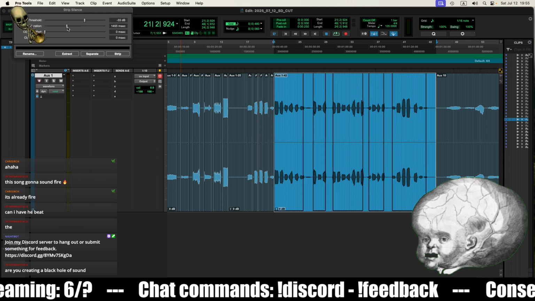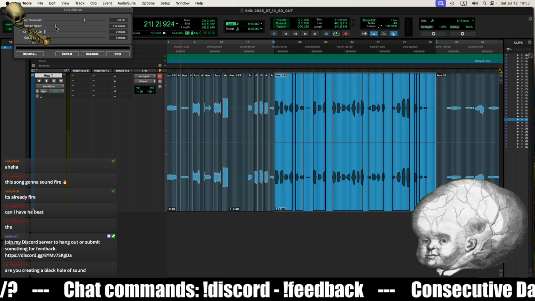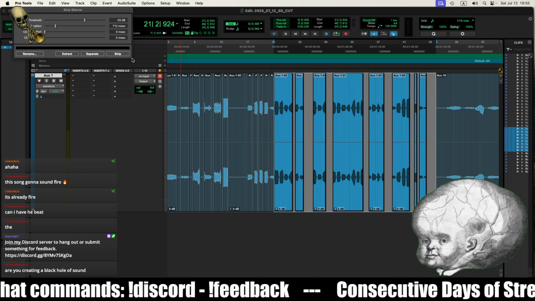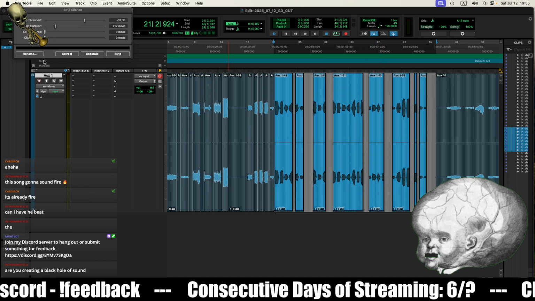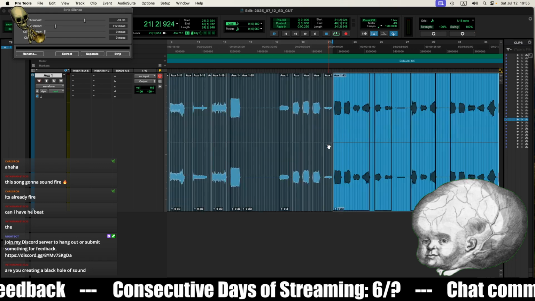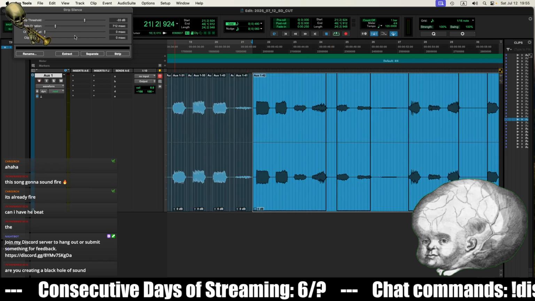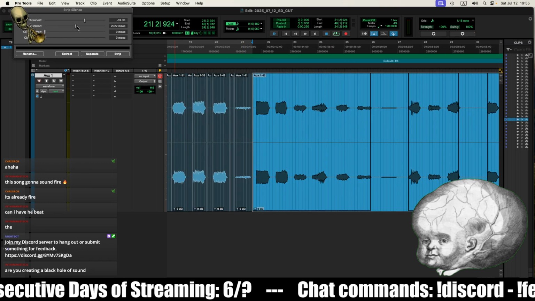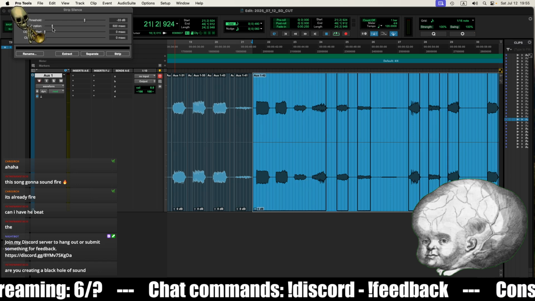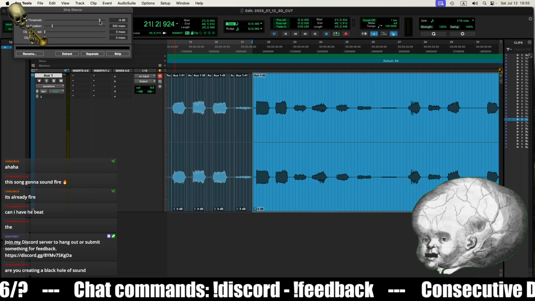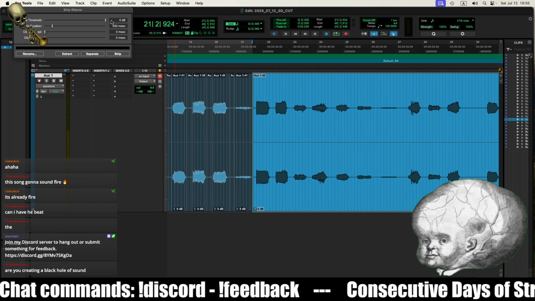Max strip duration. Oh, that was dumb. Does it not recognize this as silence?